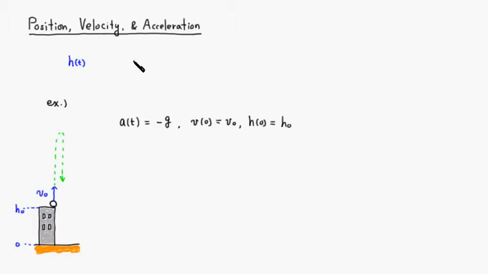Then v of t for velocity, and a of t for acceleration, right? And we know the relationship among these three. We know that if you take the derivative of the position function, you will get a velocity